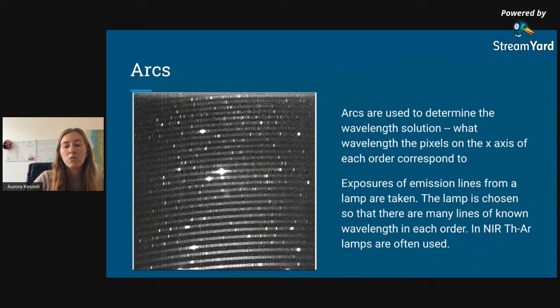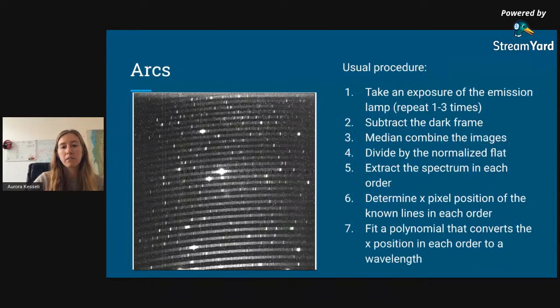And so we know the exact transitions of each thorium-argon lamp line. So then we can map, say, that this line is at 2.3 microns. Then we know at this exact position in the target corresponds to 2.3 microns as well. So the usual procedure that you use to do the wavelength solution is you basically go through the exact same